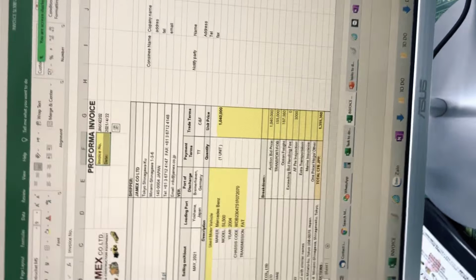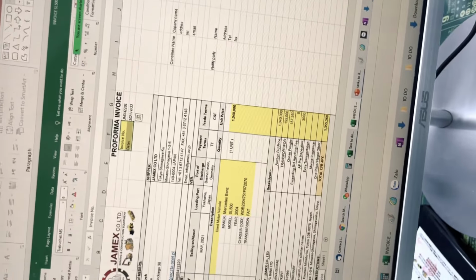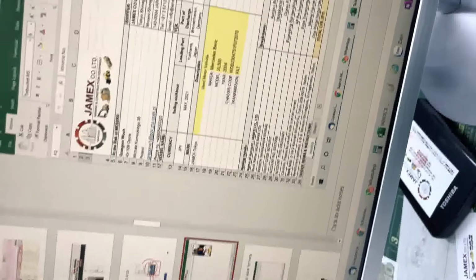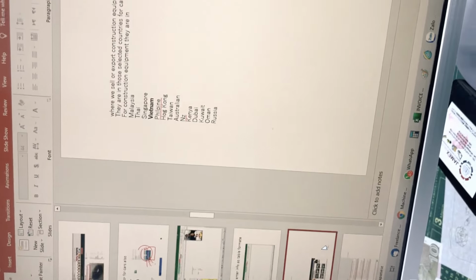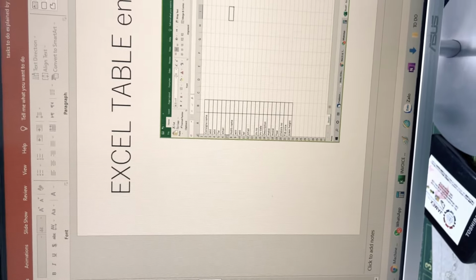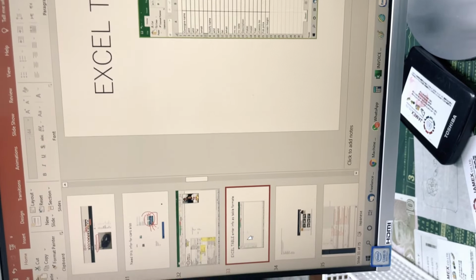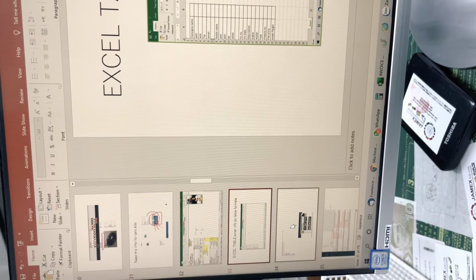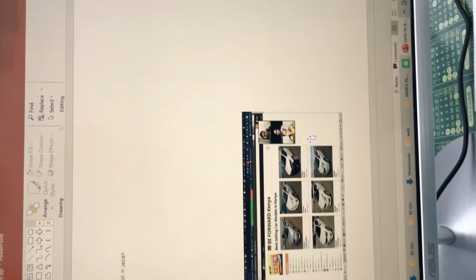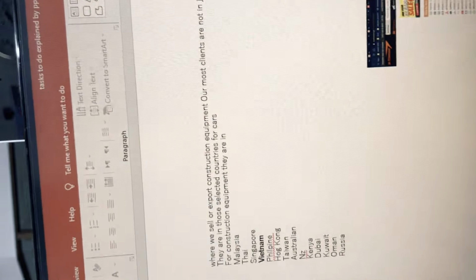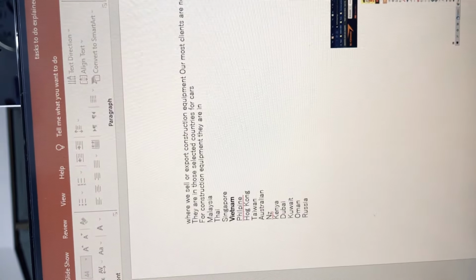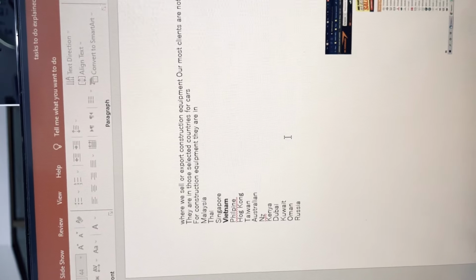And also this is the invoice. You should give us a table format like this, so we enter and the invoice should be issued like this. And also for the same client we should have a balance sheet, and I will send you the balance sheet sample separately. And these are the countries where mostly our machinery is going.